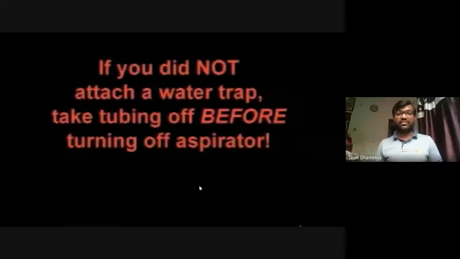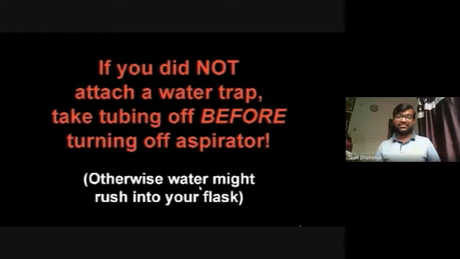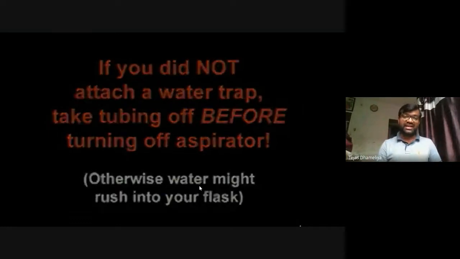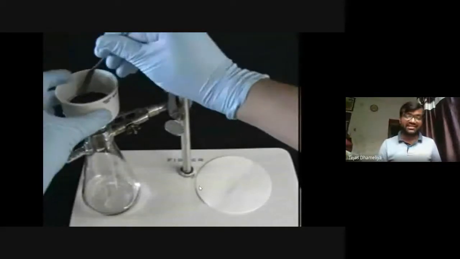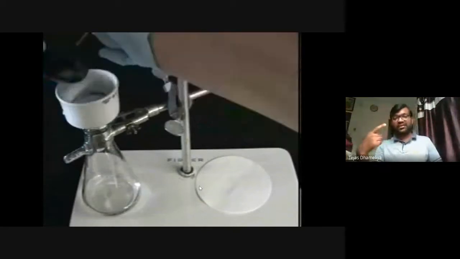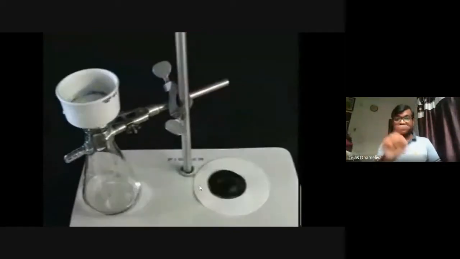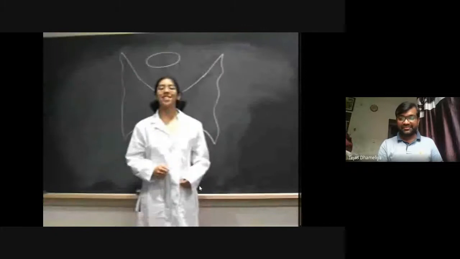Then we should keep the aspirator off, but we have to be careful about water coming back into the glass. वो इसलिए है कि if we vacuum एक बार बंद कर दोगे तो जो water है वो वापस आपके, so it is they have shown. Then we can take that filter paper जिस पे हमने washing filtration किया था and dry it overnight, and then we will get our product. And this way we can